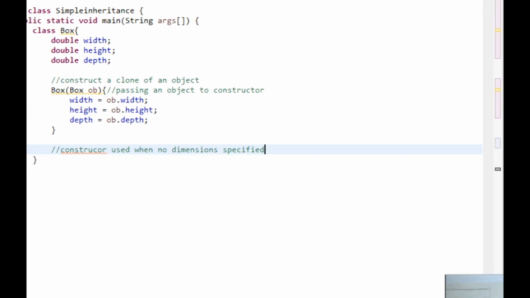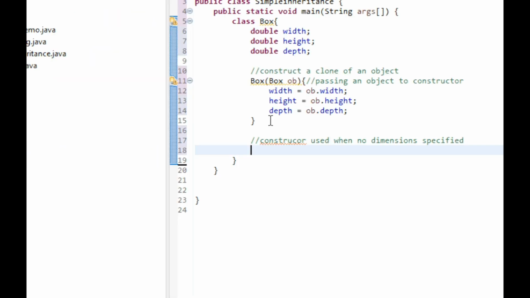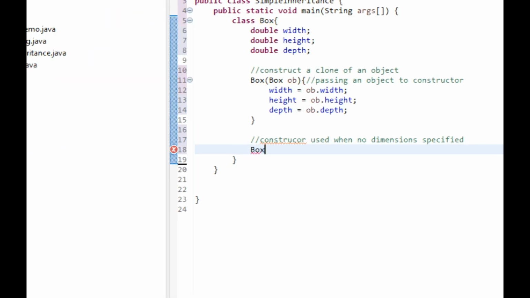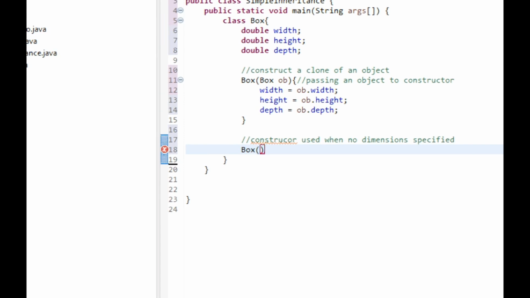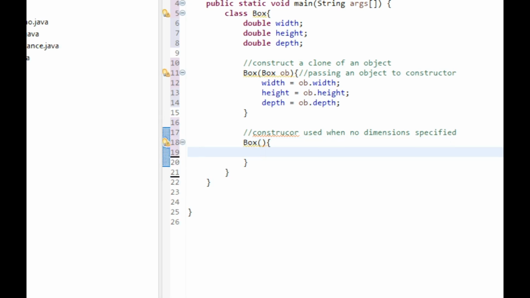When we do not specify dimensions, we need to have a constructor to use. So let's create the constructor. We said constructor follows the syntax of methods, just that they do not have return types, because the default return type is what the class returns, or the object returns. So we need to initialize our dimensions